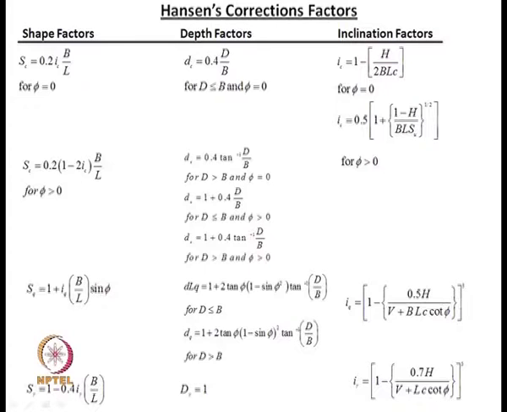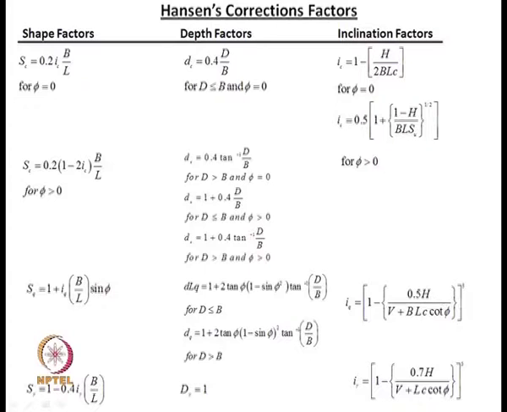and then for phi equal to 0, d greater than b, this is the depth factor. If d is less than or equal to b and phi greater than 0, then this is the depth factor. Now, if d is greater than b and phi is also greater than 0, then this is the depth factor DC. Similarly, for DQ we can determine by using this expression, and for different conditions, if d is greater than b, then this expression, if d is less than or equal to b, then this expression. Now, here d is the depth of the foundation, b is the width of the foundation, and D gamma is 1.